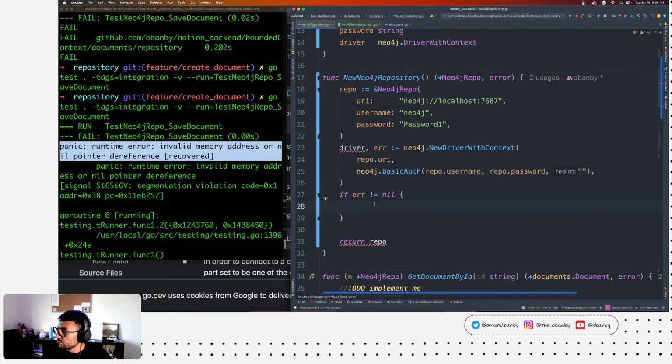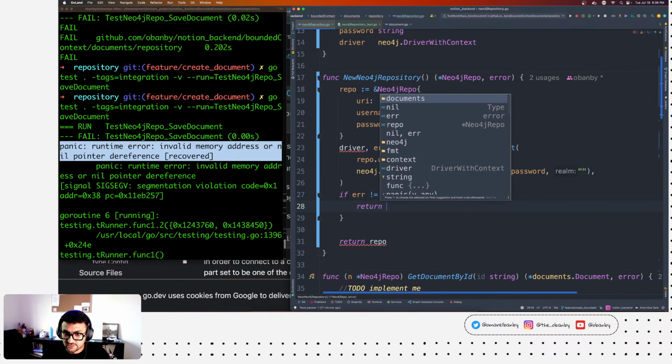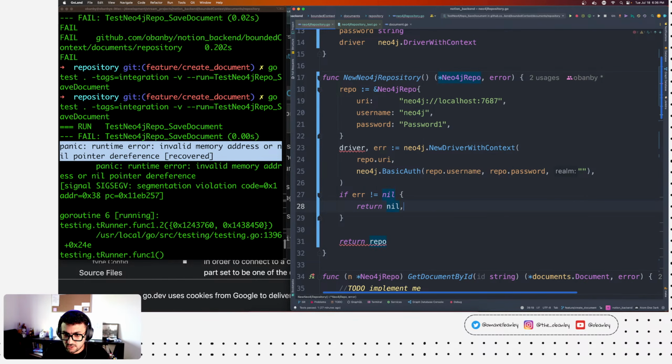Fun. So now our code is actually getting cleaner. Want to return nil and the error, and here we're gonna return the repo and nil.